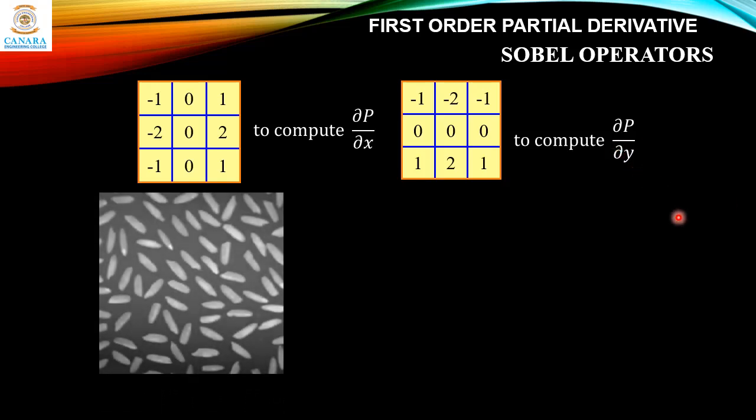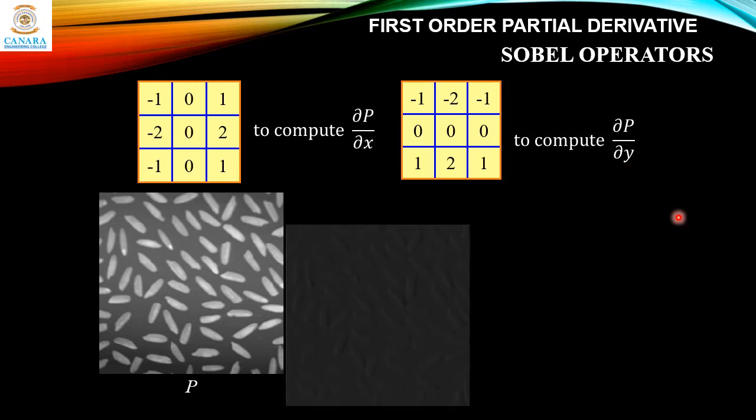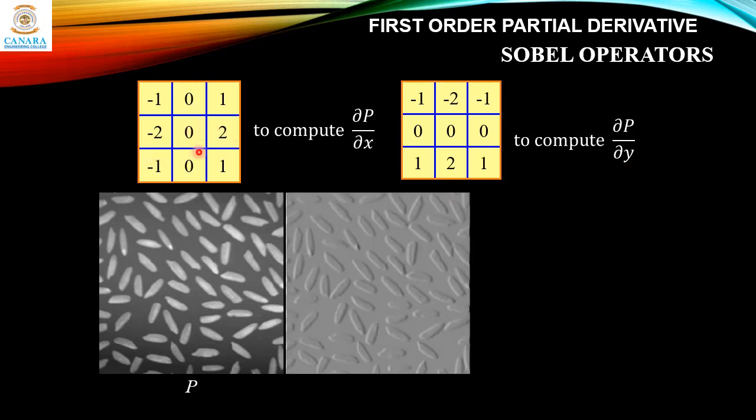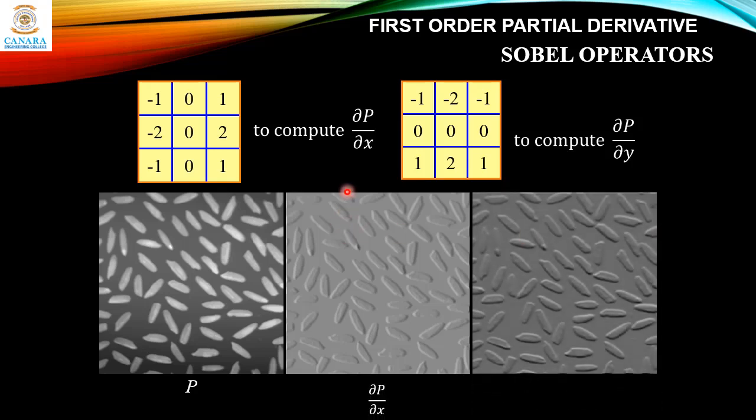So if you have this test image as input, now if you apply the first operator, this is a vertical edge detector, and this is the horizontal edge detector. Now let us see the difference. You observe this rice grain, and if you apply this vertical edge detector, it hardly has any vertical edges, so the detected part is still pale. But if you apply the second filter, this grain has more edges, or more prominence here.